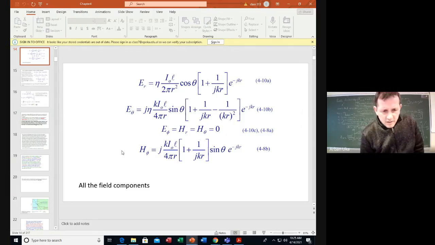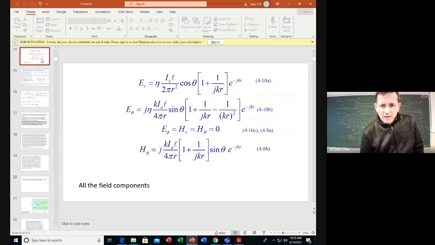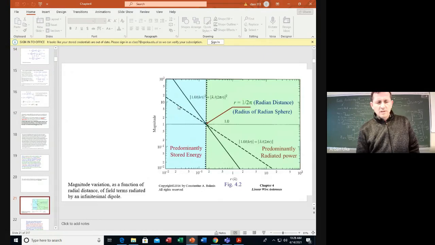It's easy for me to go from slide 14 to 21 like this. So that one is shown here. It's a constant term. Then we have 1 over kr. On a logarithmic scale, 1 over kr is r to the power minus 1. And the logarithm of 1 over kr squared gives a slope of 2. So if we go here, we notice that we